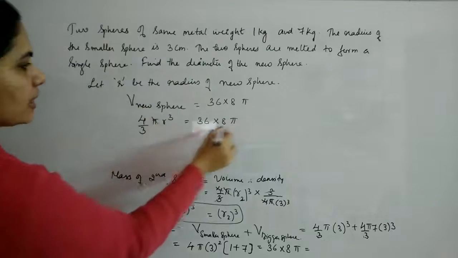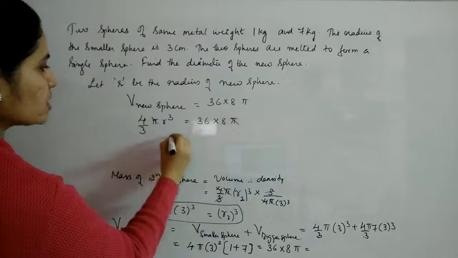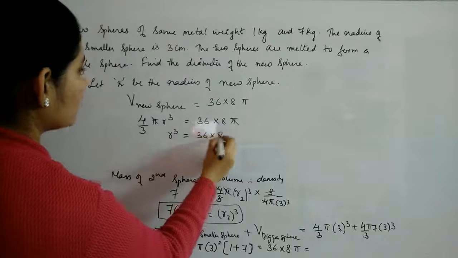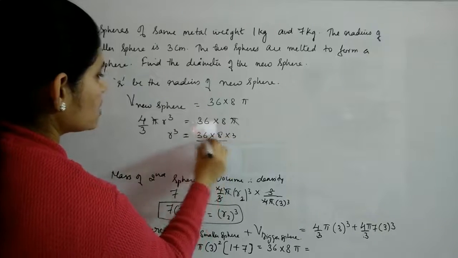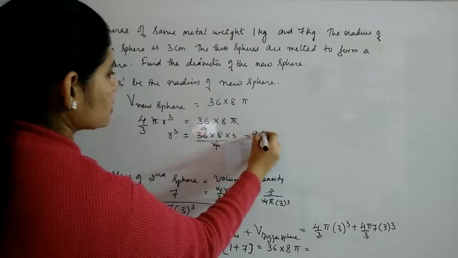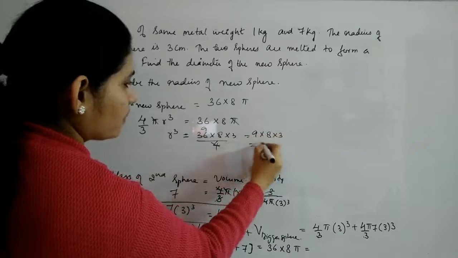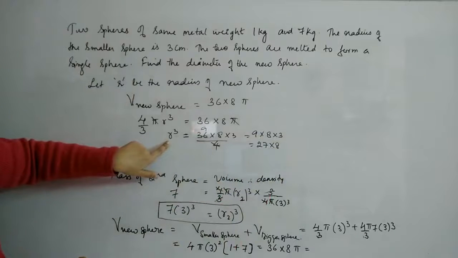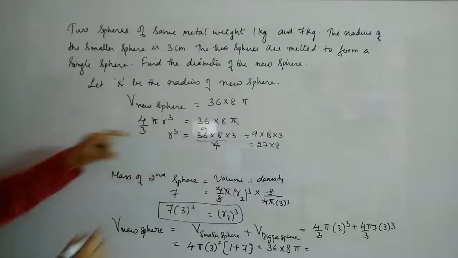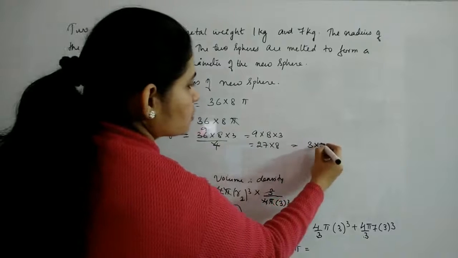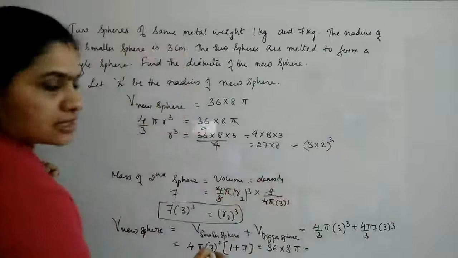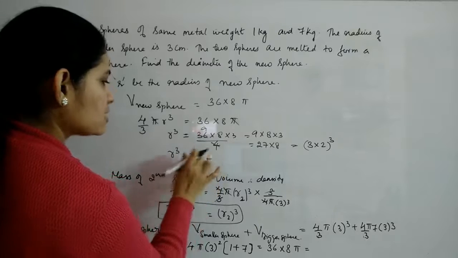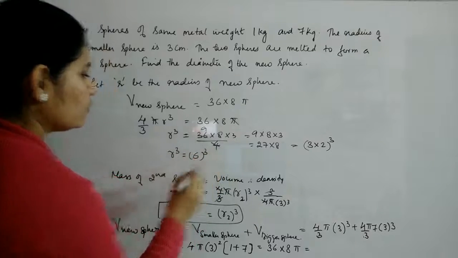So here you have volume of the new sphere will be 4 by 3 pi r cube, and this pi can be cancelled. Again, you just simplify, you'll get r cube as... R cube will be what? 36 into 8 into 3 by 4. So that this can be cancelled, 9. So 9 into 8 into 3, or 27 into 8. Now why I am writing like this is, since it is r cube, I can find out r easily. Okay. That is, this is 3 into 2 the whole cube, right? That means r cube is giving you 3 into 2 or 6 the whole cube, means r will give you 6.